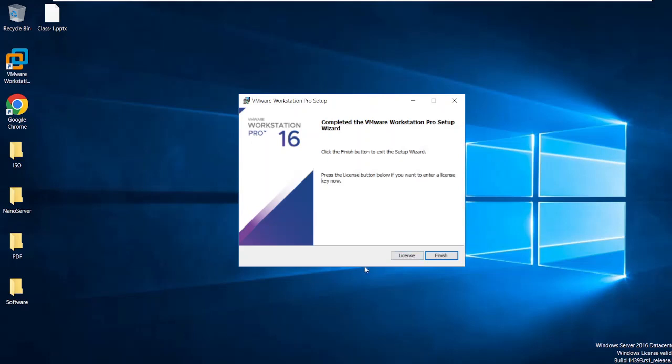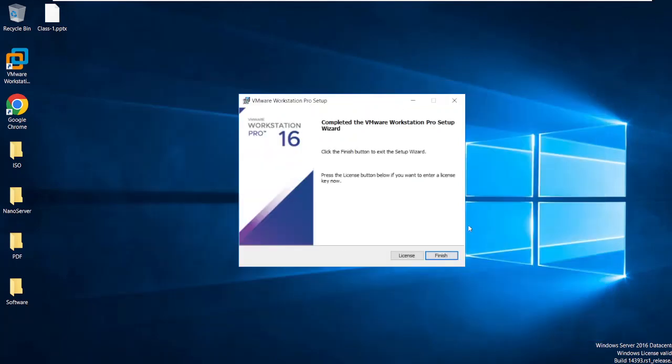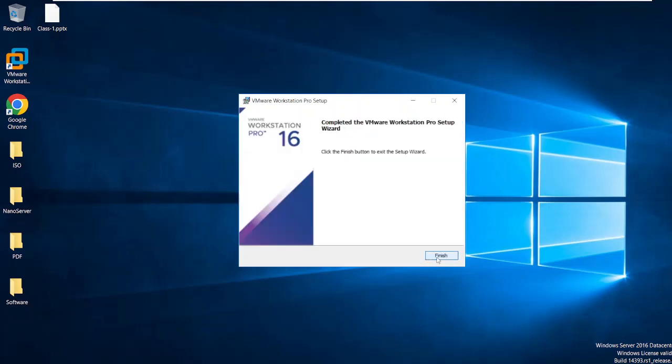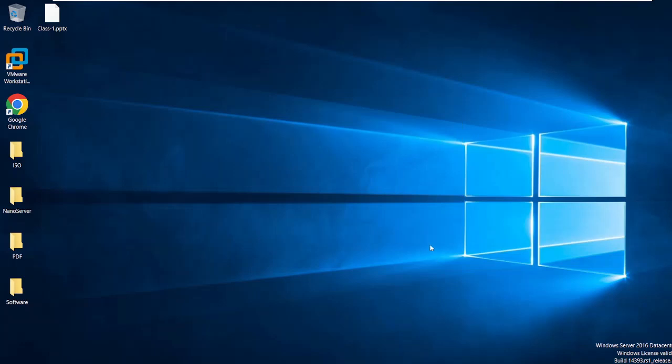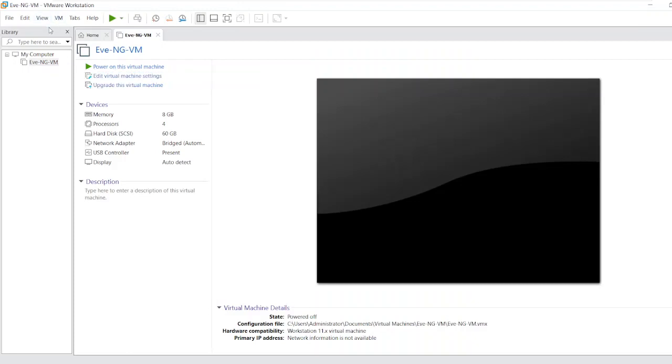Here I'll put the license. I have 5 license keys. I can take any of them. If you don't have, you can go with the free version, just clicking on finish. Now if we open VMware Workstation, we can